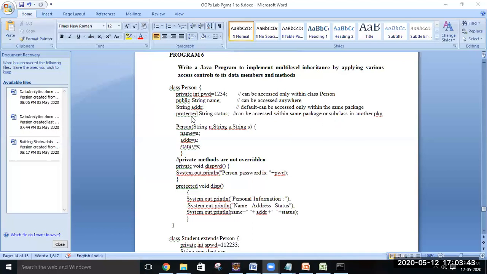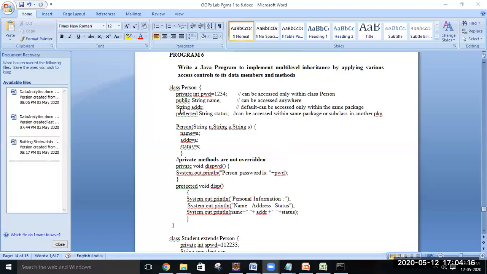So protected data members can be accessed if there is a parent-child relationship within the same package, or if we have a parent-child relationship between different packages also.